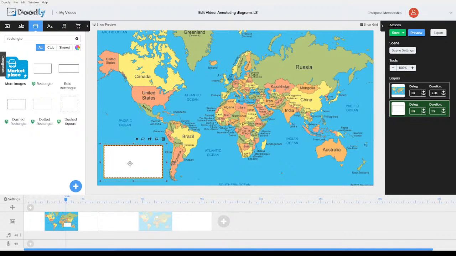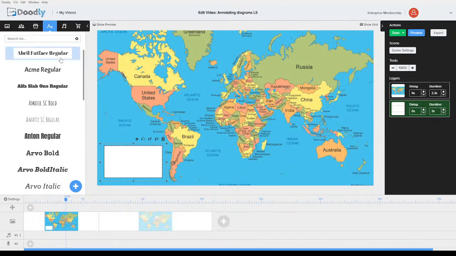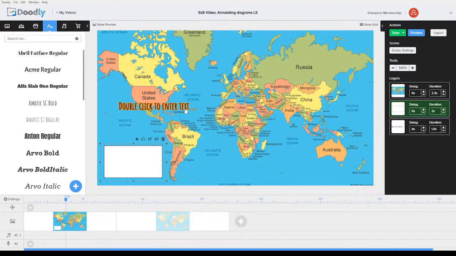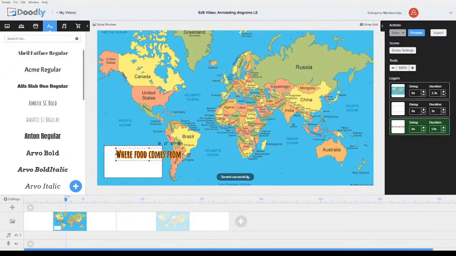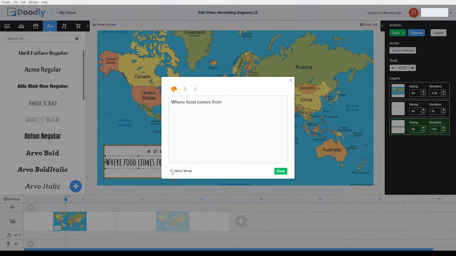Just put it here like a map legend. Now I'm going to put some text in. I want that so it looks handwritten. Where food comes from. I knew it wouldn't fit. Knew it.